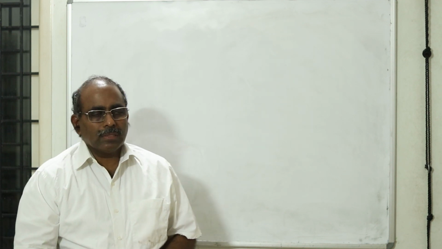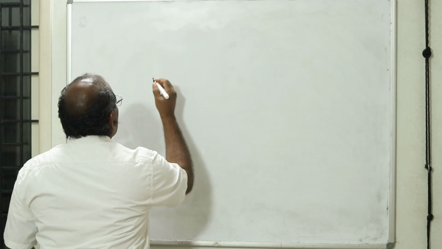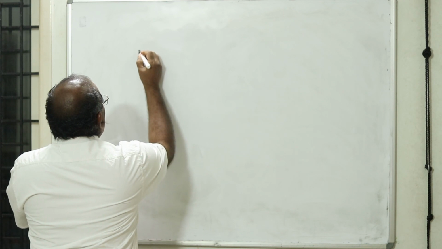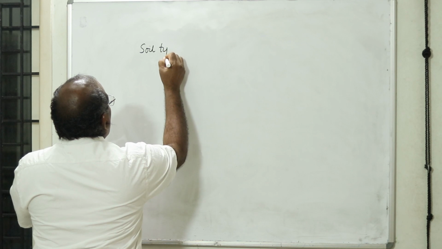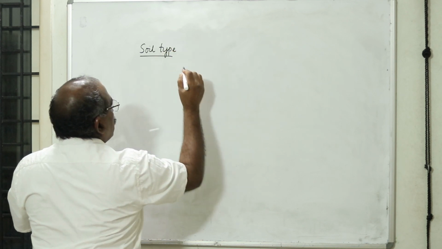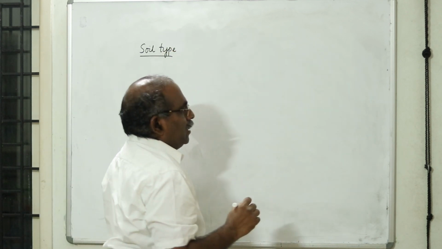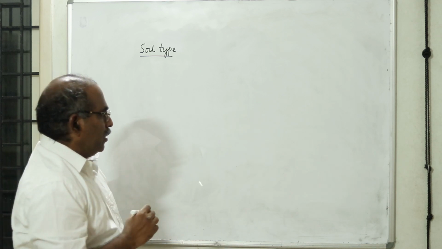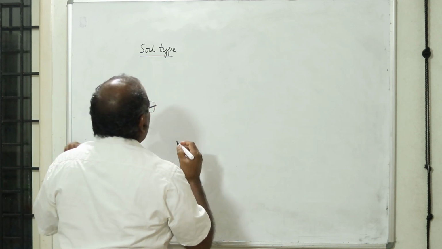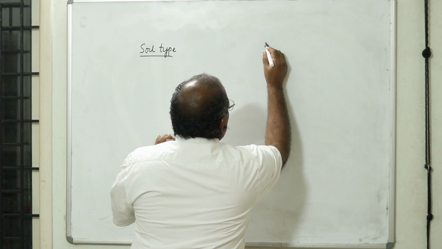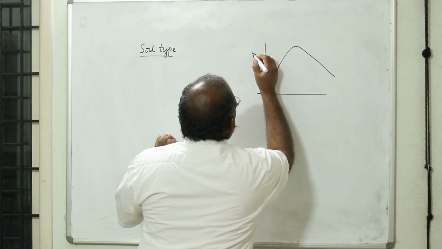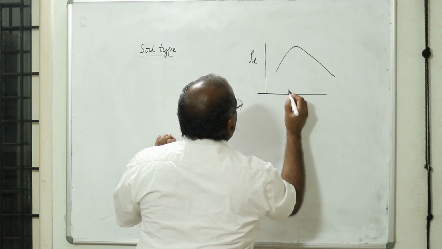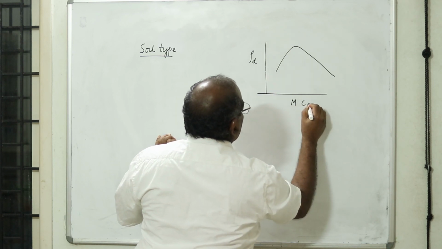Students, continuing with the discussion on compaction of soils. Regarding the third factor, effect of soil type, we have discussed how the shape of the curve is going to change with the type of soil. Now I want to discuss something more with this. Is the shape of the curve going to be a typical inverted V shape for all the soils?